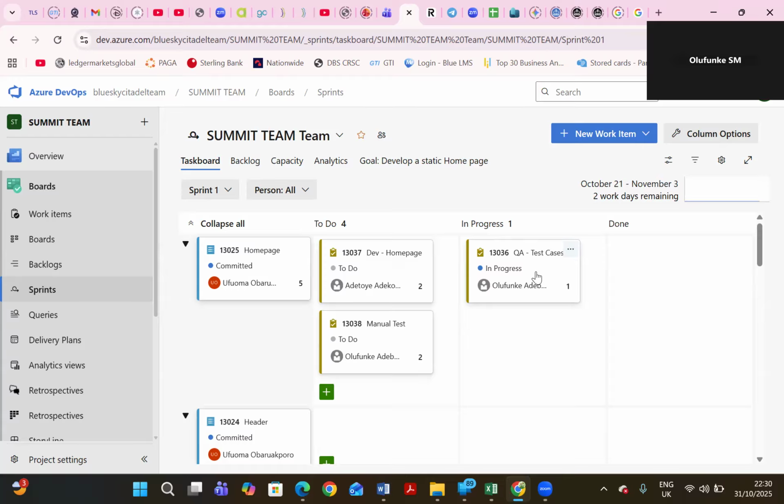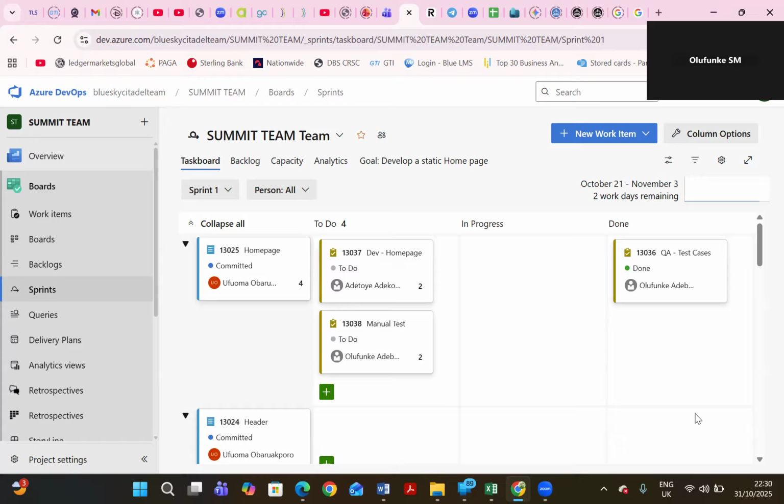Now move that test case to done. Can you still see the 1 hour? We can't. Why can't we see it? Because it's already done, it's been used up. That's why you're not seeing it anymore. And you can see the task is showing done. Yeah, okay. So those are the ways they need to put their